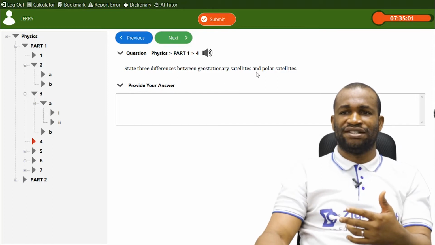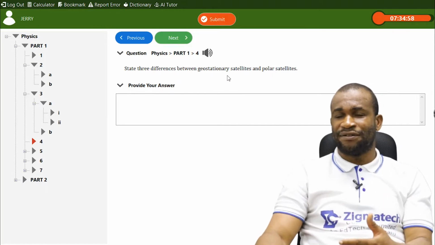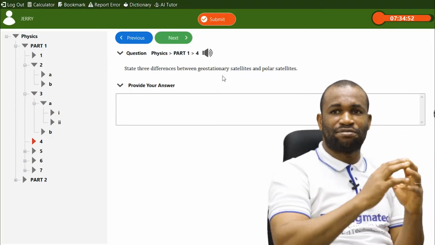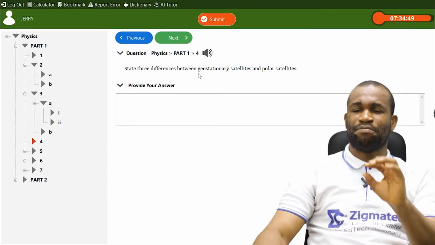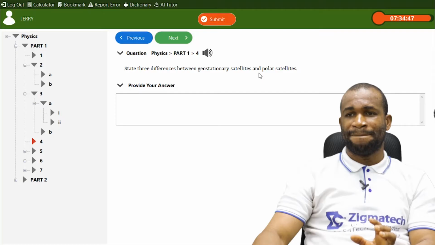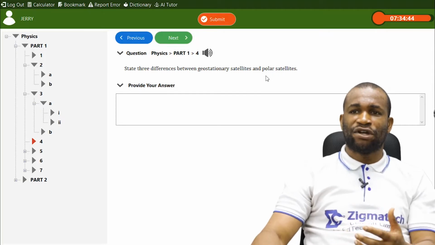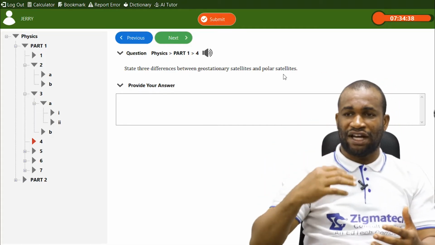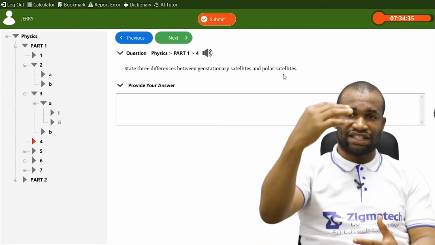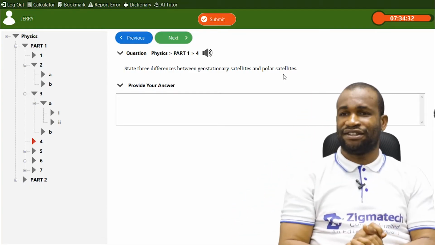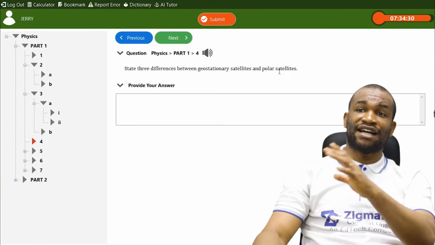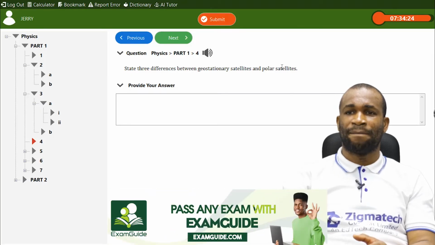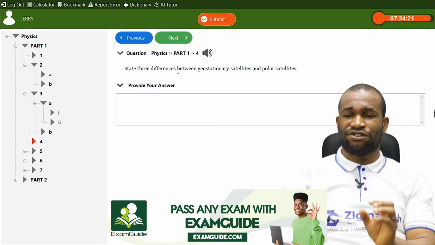Now, another one is this. Geostationary satellites provide coverage on a particular aspect of the Earth. It provides coverage on a specific aspect of the Earth. While a polar satellite, because of this name polar, orbits over the poles, north and south. That is how it orbits in that direction. As a result of that, it gives a wider coverage of the Earth. So this one gives a wider coverage of the Earth, while this one gives coverage on a particular